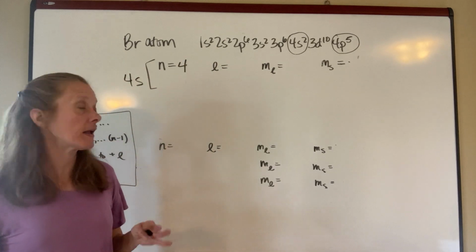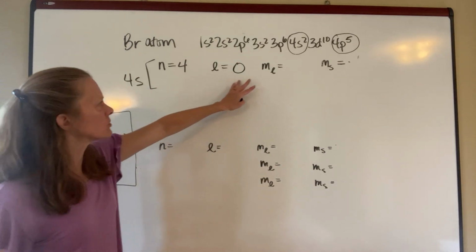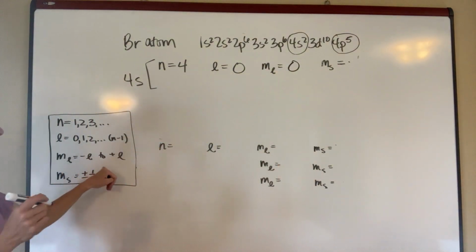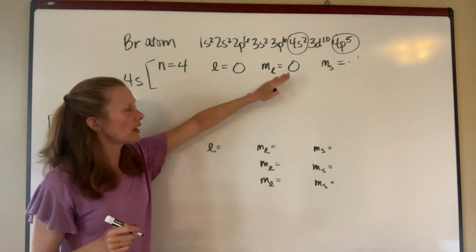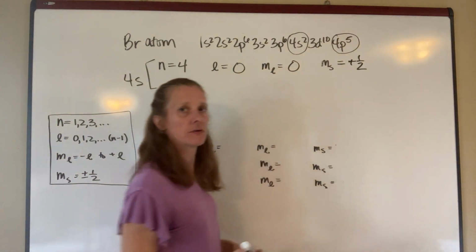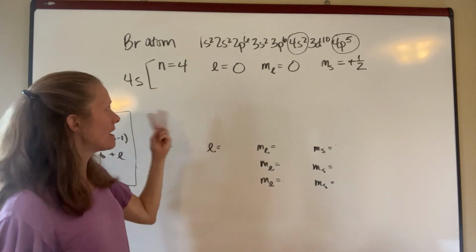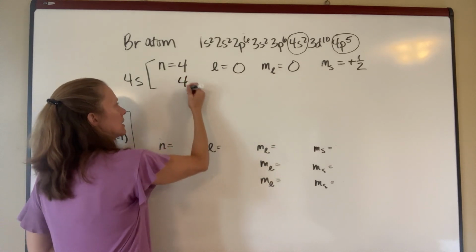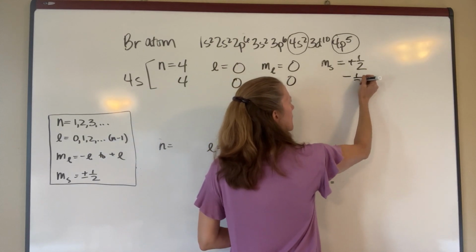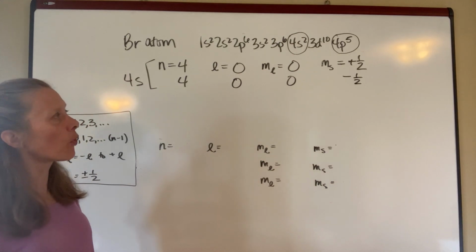You will remember that s orbitals have an L value of 0. And so m sub L is also going to be equal to 0 because of my rule over here. Whenever I fill these, by convention, I put in a positive 1/2 spin first, because the s orbital can take 2 electrons. My next electron that goes in is also going to have n equals 4, L equals 0, m sub L of 0, but now my m sub s is going to have a negative 1/2 to it, okay? So there's my 4s